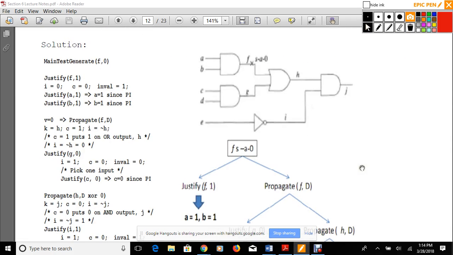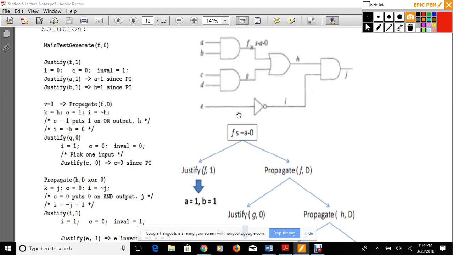So here's what we do. First, remember we invert it. We have the main test generate, so we're trying to get this stuck at fault, stuck at 0 here. So what's going to happen is we invert the value and then pass it to justify, right? Because it's L and V bar. So what ends up happening is,